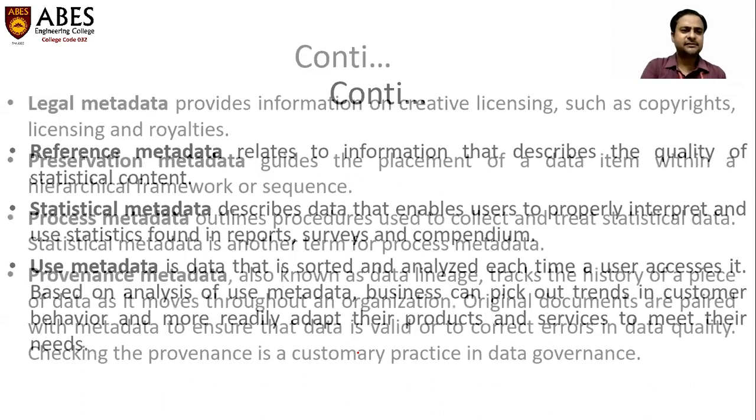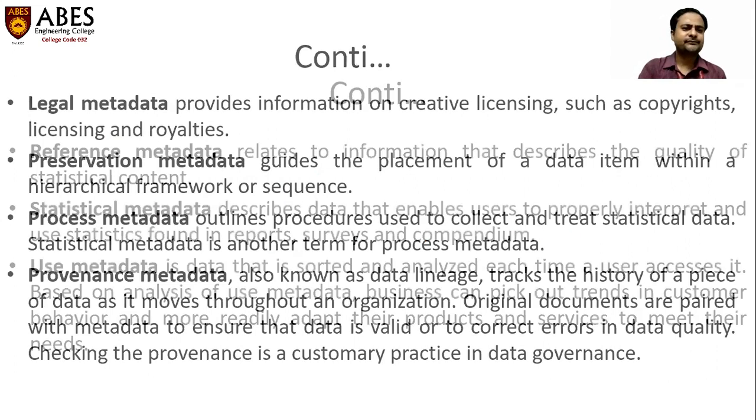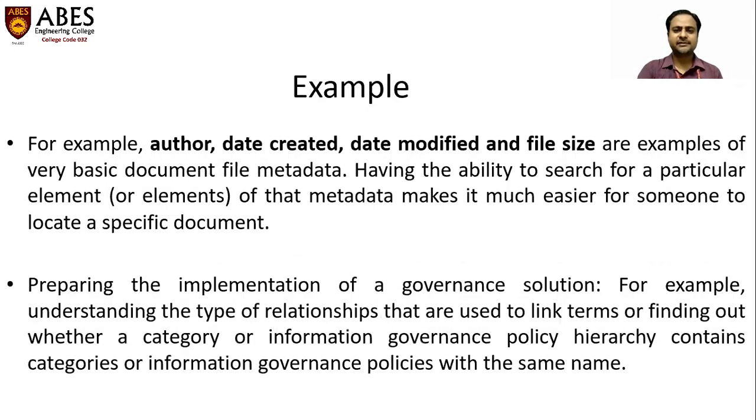As the name suggests, in legal metadata, creative licensing like copyrights, licenses, and royalties are covered. In preservation metadata, the hierarchical framework or sequences are covered. In process metadata, the procedures to collect and treat the statistical data are covered. So these are used for documentation of particular software to understand the data completely. Provenance metadata is also known as data lineage, where the track and history of the data is covered. In reference metadata, information that describes